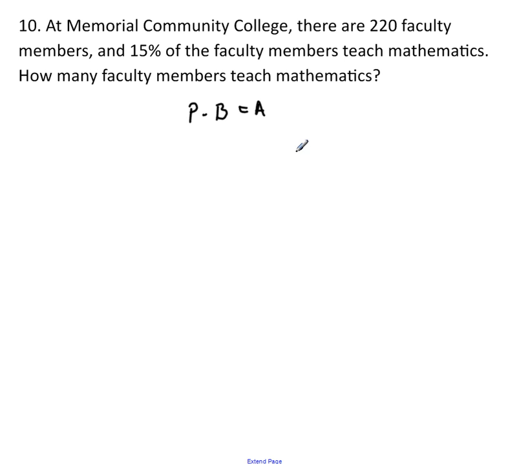What are we being given right here? We're told what the percentage is, 15%. So we're going to be taking 15% of some base. What base? Not all of the faculty members are mathematics teachers, but 15% of them are. So that means we're going to be taking 15% of that 220, which is going to be our base, to get our amount of mathematics faculty. So 15% of 220 we would write as 0.15 times 220